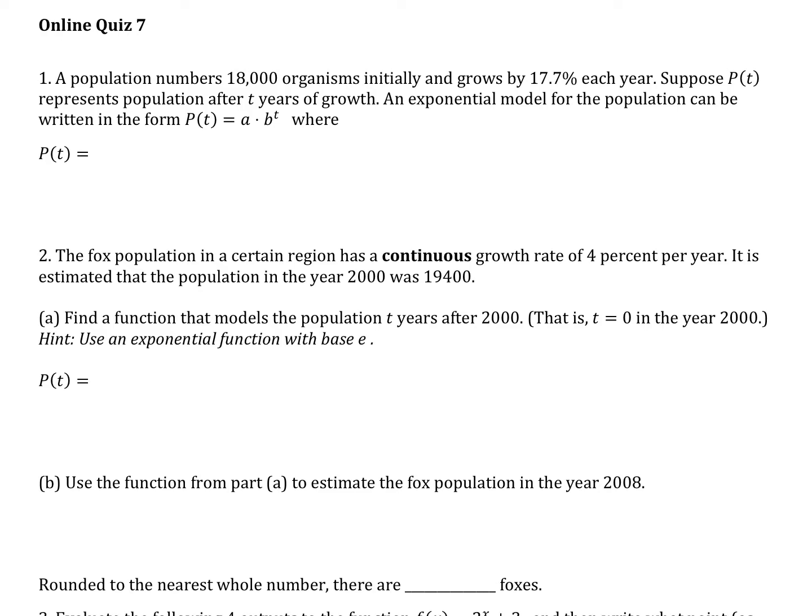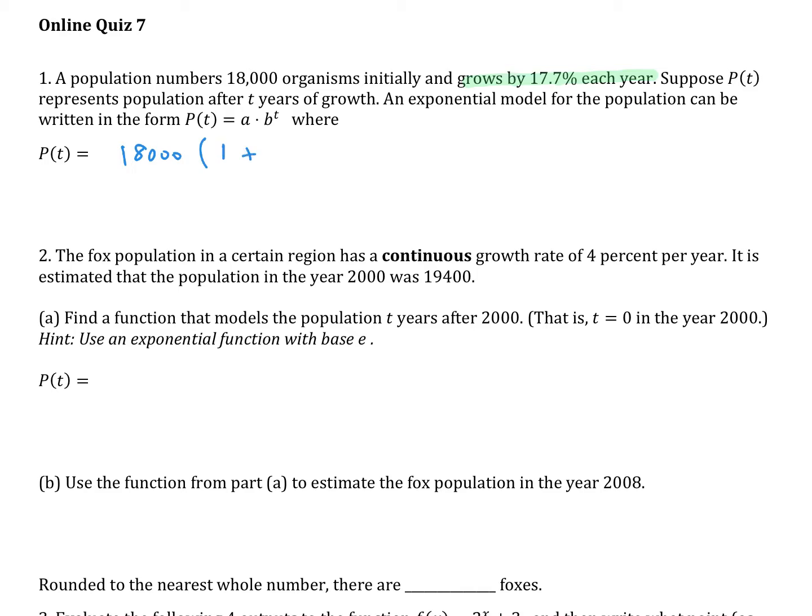In the first problem, we're setting up simple exponential growth, and notice that we don't have the word continuous with growth here. We're just saying the population grows by a percentage each year. And so that tells us we're not using our P times e to the rt formula. Rather, we're thinking of this in terms of starting off with 18,000, whatever these are, bacteria, whatever that is,